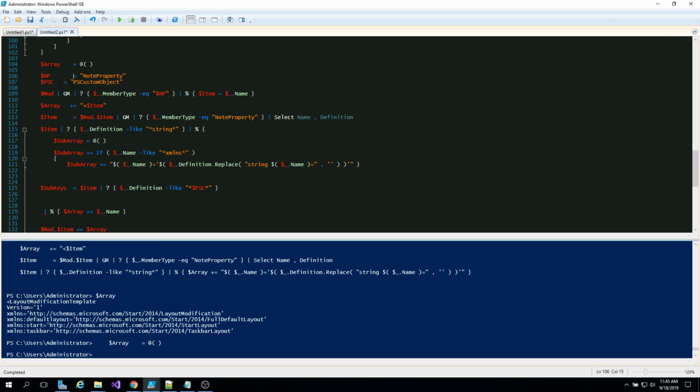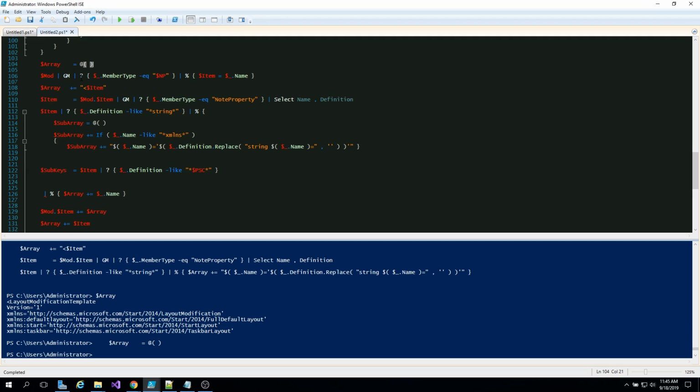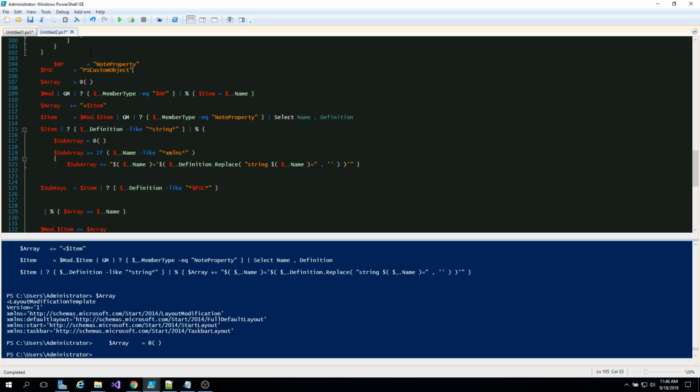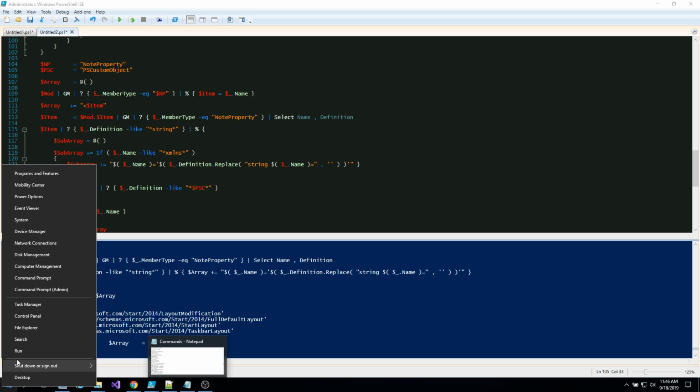Because if I can manage to make a commandlet out of this or something of that nature, then it won't matter what the actual tags are specifically, because I'll be able to include that in the commandlet. Or let's say export start layout then includes a commandlet that exports the taskbar as well. So if I were to go into the registry right now,